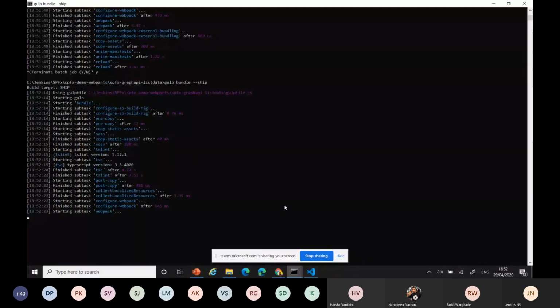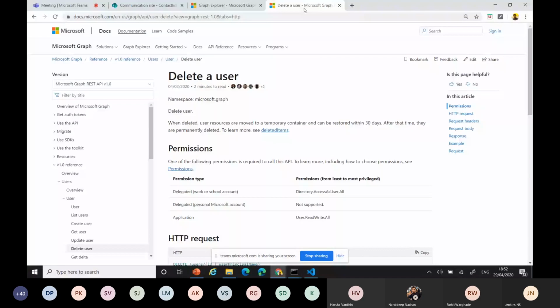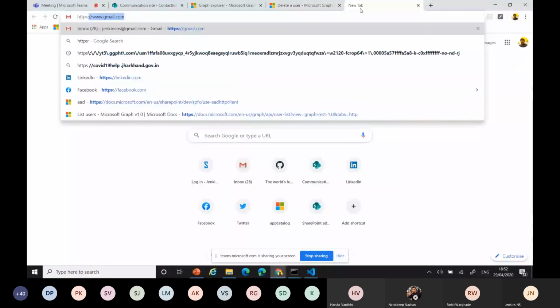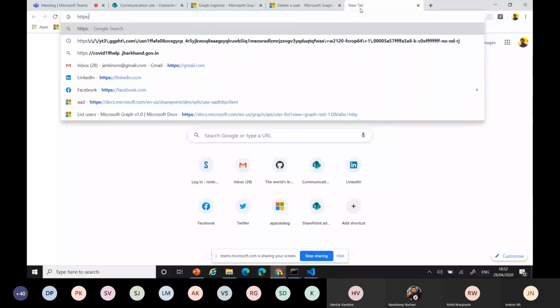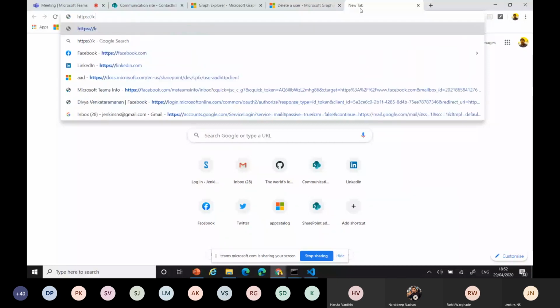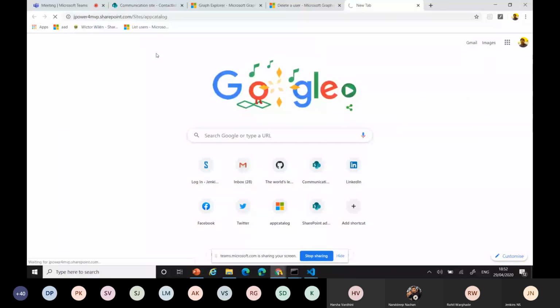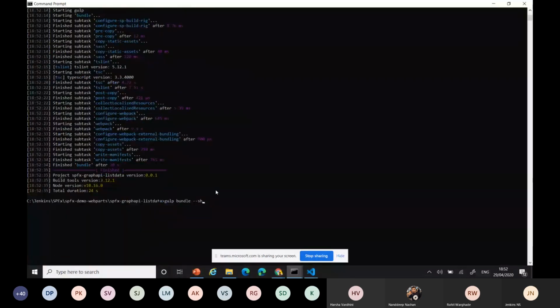In the meantime, I'll open my app catalog URL. It's done. I can do package solution, just shipping the application there.